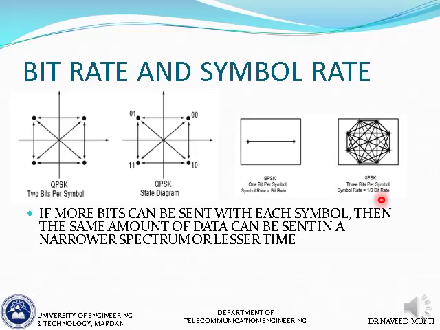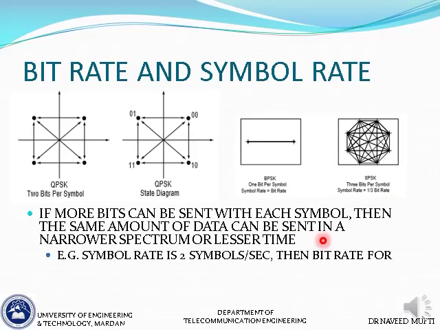ठीक है, सो पॉइंट क्या है सारा ये सिंबल रेट और बिट रेट का? If more bits can be sent with each symbol, then the same amount of data can be sent in our narrower spectrum or lesser time. एग्जाम्पल से समझते हैं इसको। लेट्स से कि हमारे पास ऐसा सिस्टम है विच हैज़ द कैपेबिलिटी ऑफ ट्रांसमिटिंग 2 सिम्बल्स पर सेकेंड।